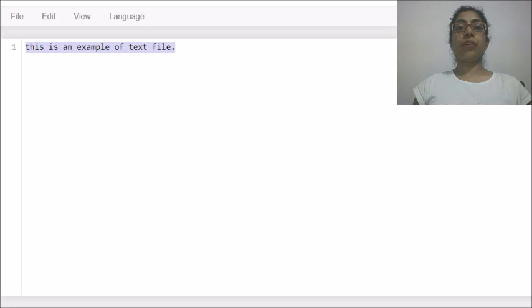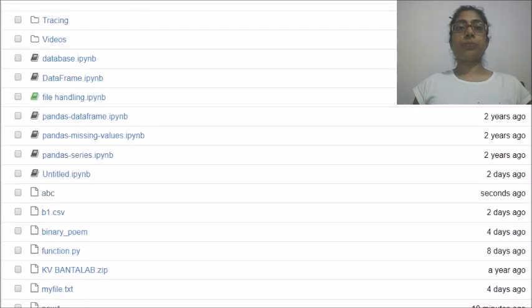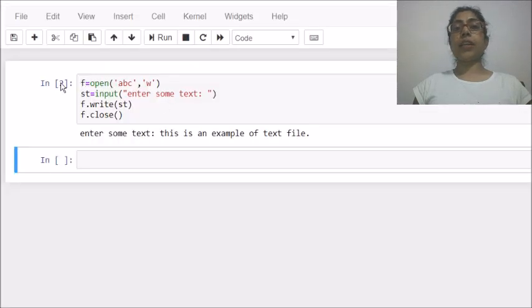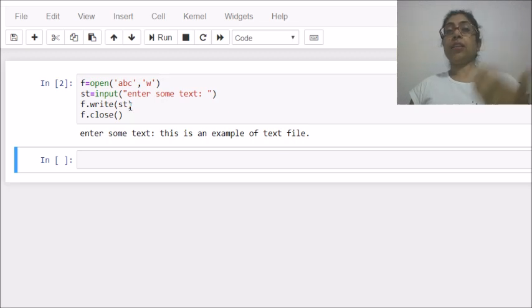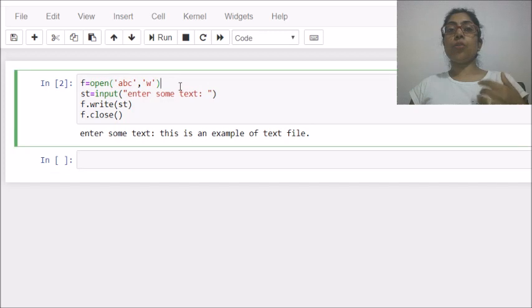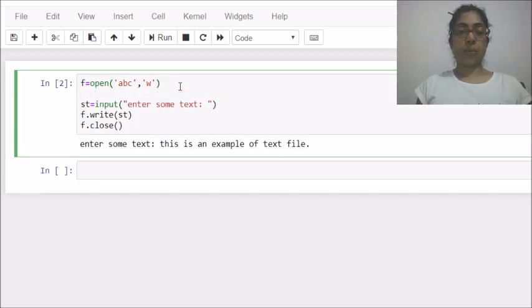So my current program is writing some text, and that text is taken from the user. This is how you can write into a file. Now suppose I want to ask the user to keep on adding data till he says no. For that I can create a loop. Let's take the example.